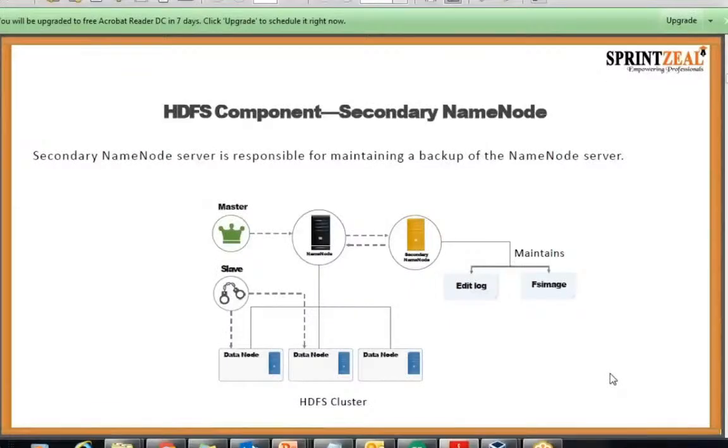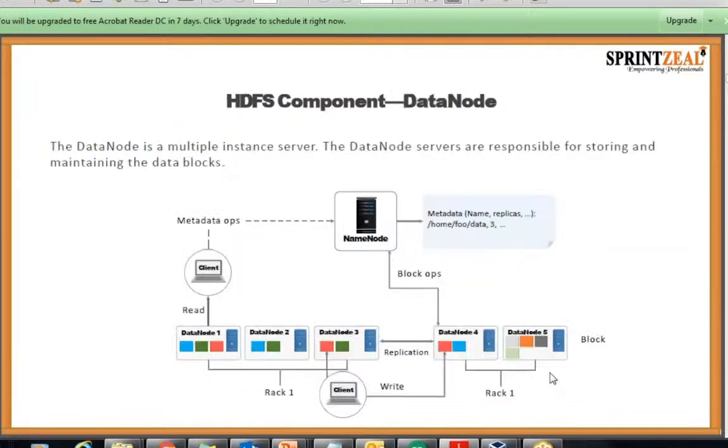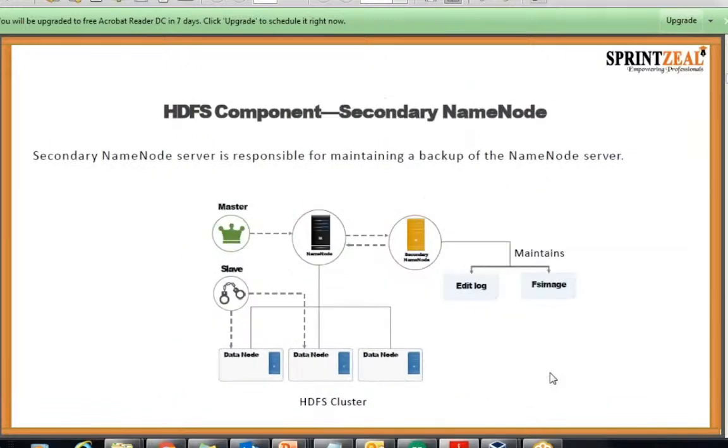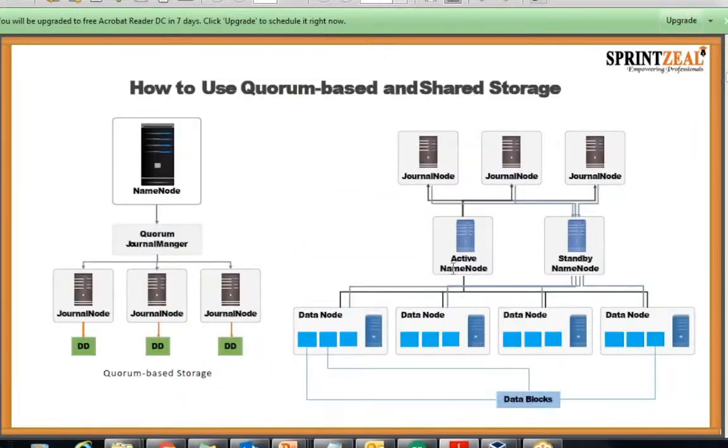Yeah. So now secondary name node. Somebody just asked me what happens to the secondary name node. So secondary name node can still be used, but if you really see in the high availability architecture, the secondary name node does not have a major role to play, right? Because we have this information getting stored in a journal node, but still